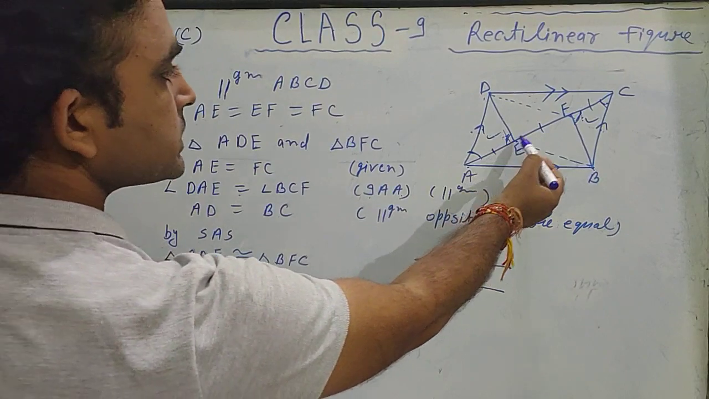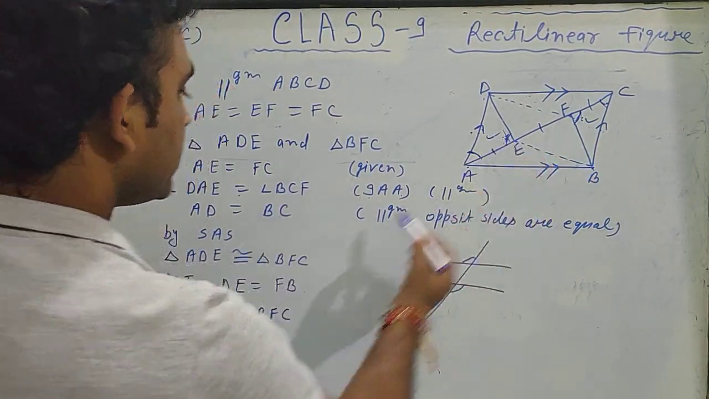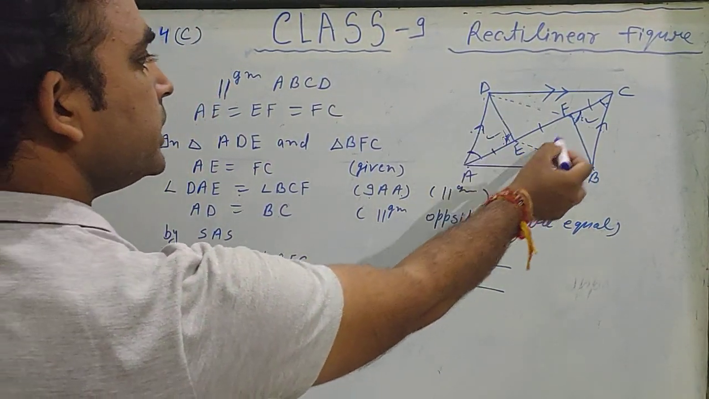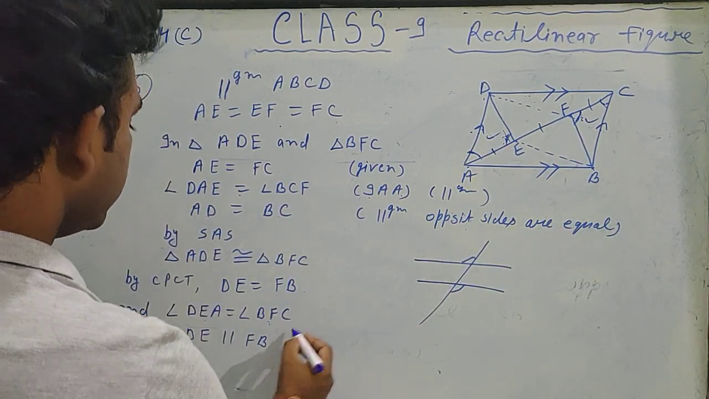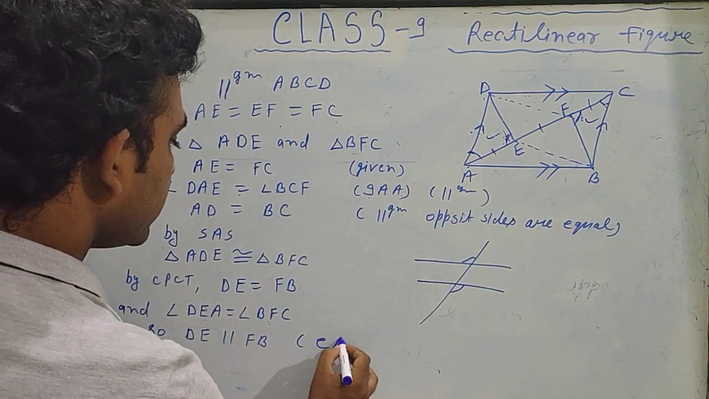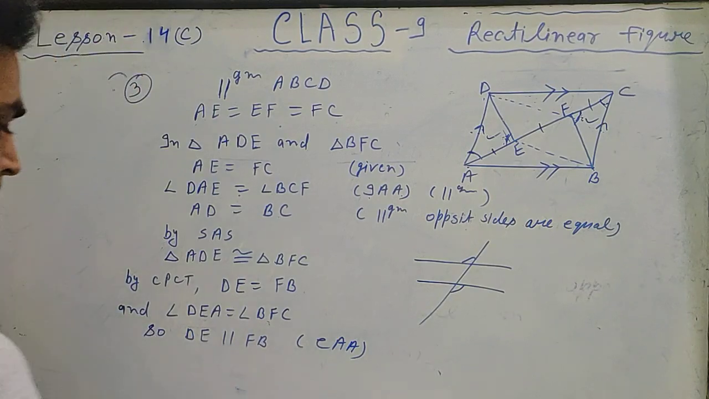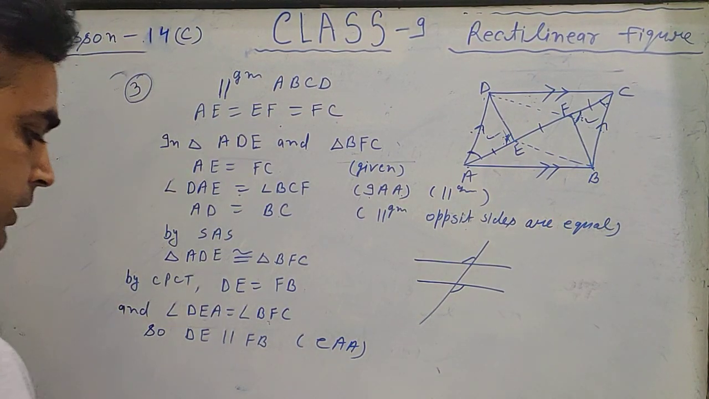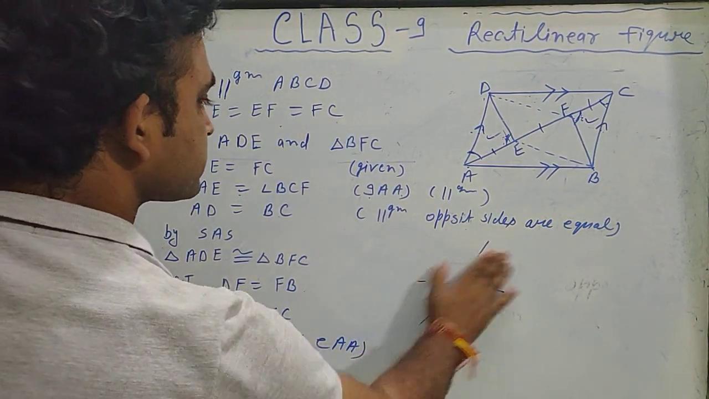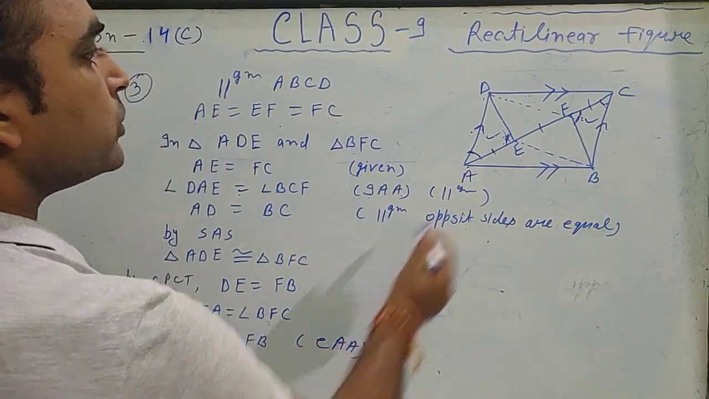So in this case both the angles are equal by CPCT. That's why DE parallel to FB. Reason लिख देना इसमें exterior alternative angle. Okay, now in the third case you have to prove that